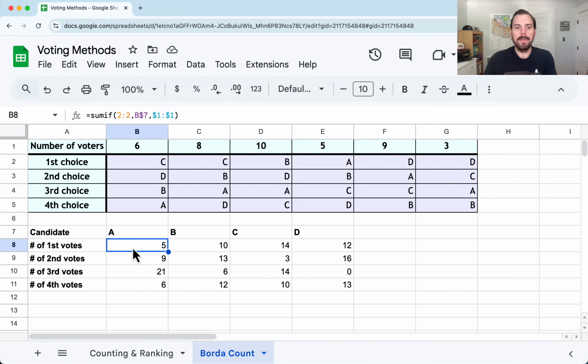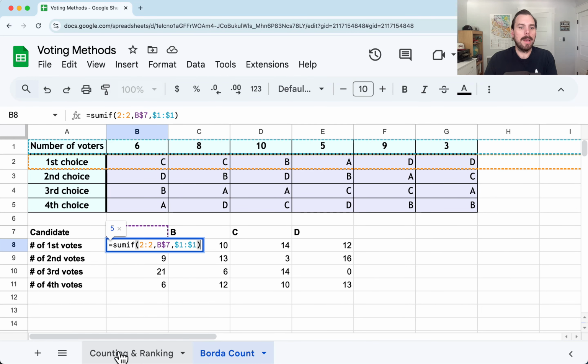Check out my previous two videos where I talk about counting, ranking, plurality, and instant runoff election voting methods. In that first video, I show you how to use this SUMIF function. If you haven't watched that, you can definitely just copy this in as long as you have things put in the same places. I have the SUMIF function looking for the number of voters who have ranked this candidate A